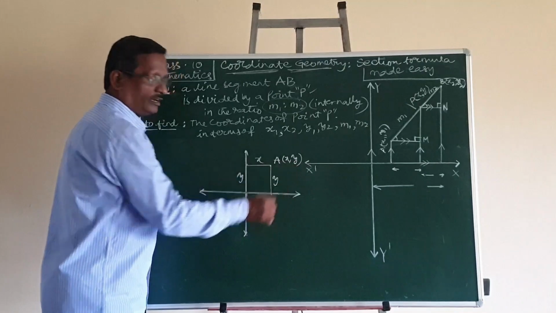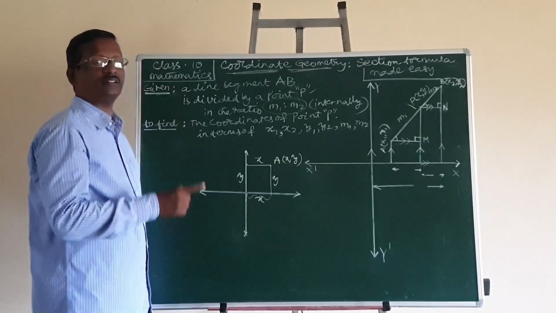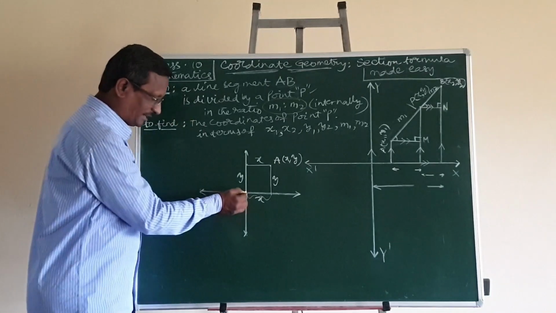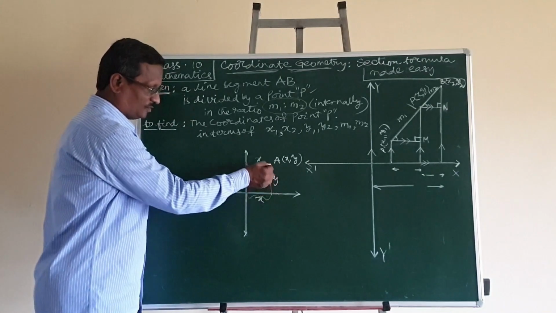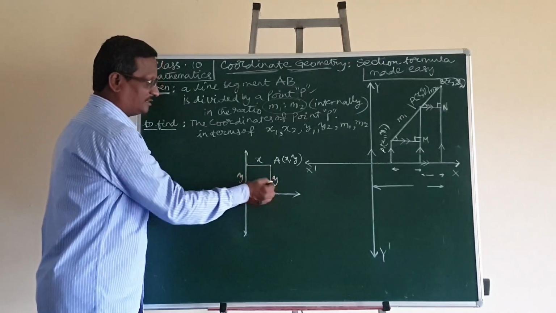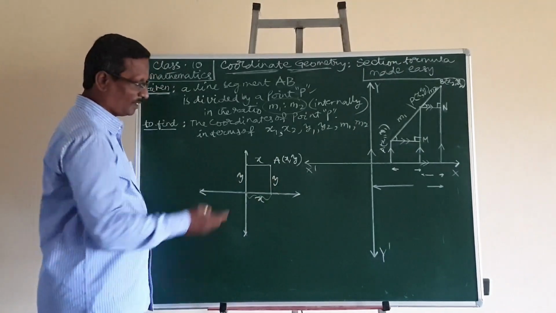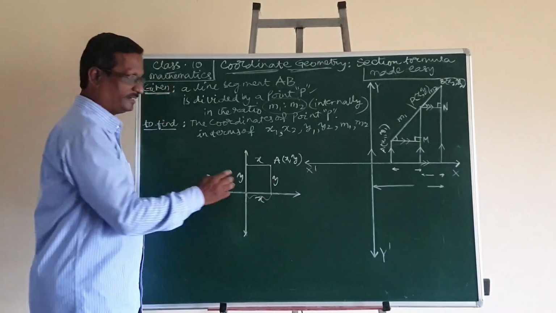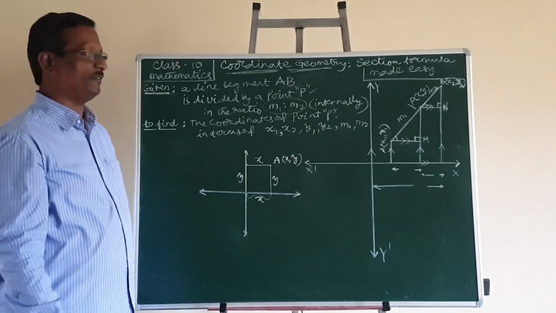Similarly, the y coordinate means the distance of the point in the direction of the y-axis is y units. Whether it is from the origin or any point on the x-axis, this perpendicular distance is y, because these two are opposite sides of a rectangle and they are equal. So when you understand this, it's easy. We can apply this knowledge in the derivation.